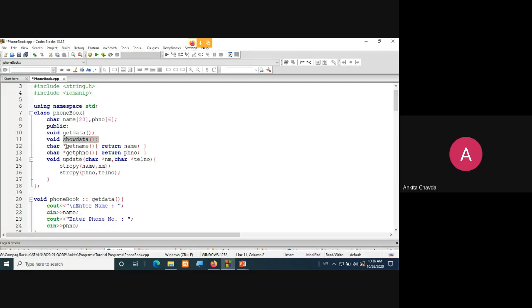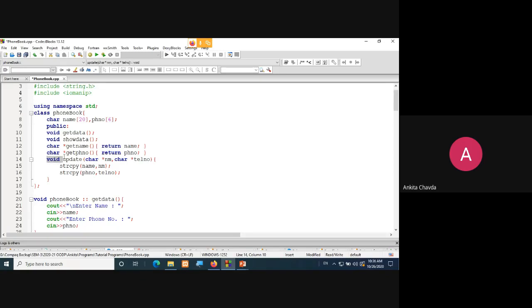Then character pointer get name, because this get name function will simply return the name, and name is there in a character array, so I have taken the return type as character pointer. Same way get phone number, which we will use when we want to update the contact number. So we'll use these functions further. It simply returns the phone number, which is again a character array, so we take the return type as character pointer.